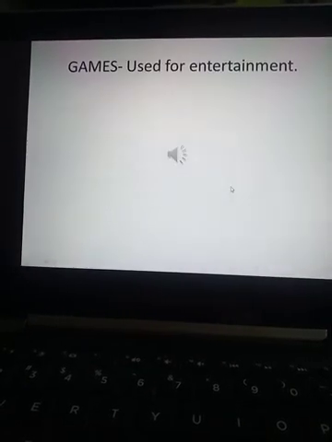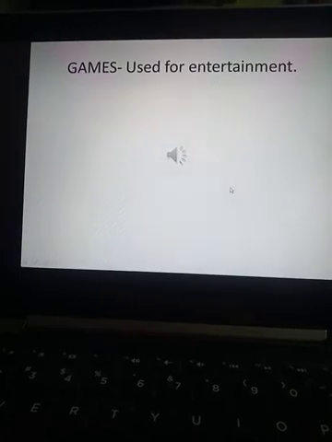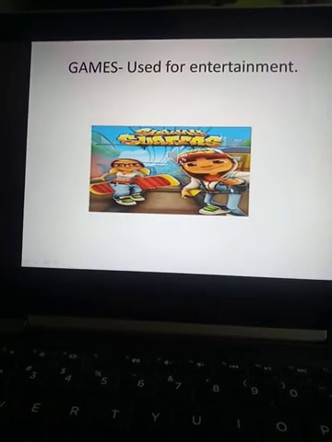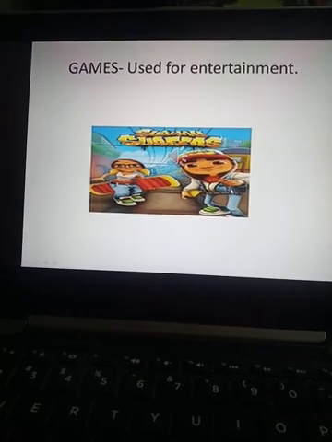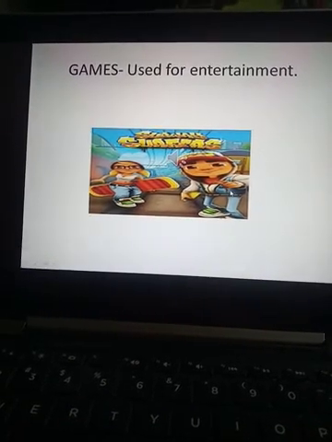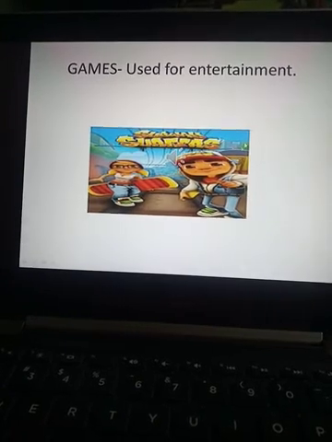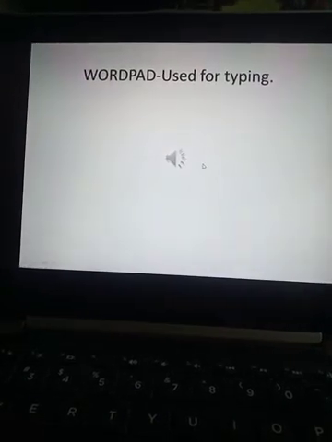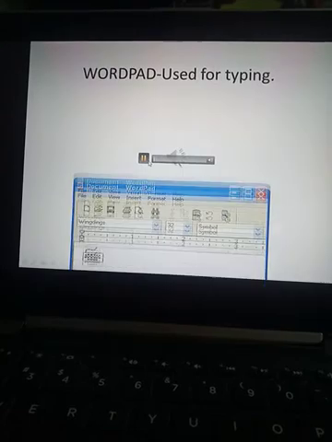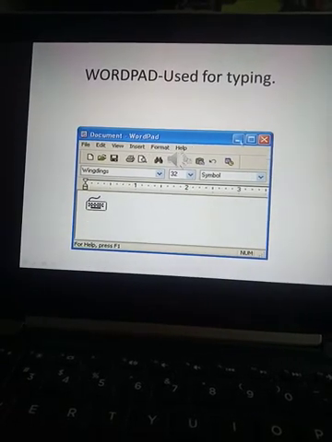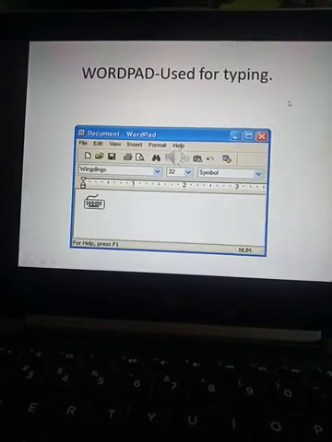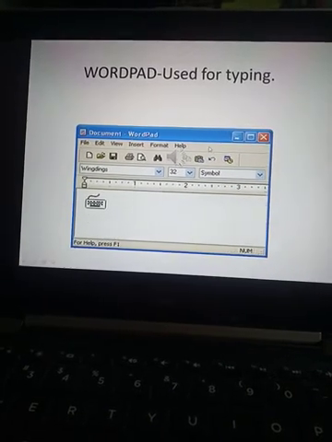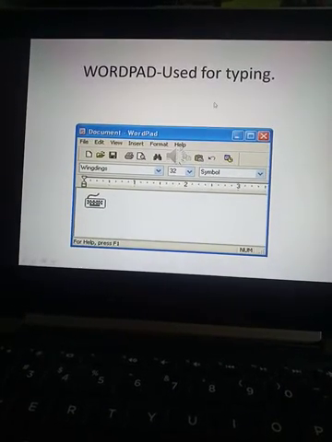Like the game application software Subway Surfers. You all know this game, no? We use this application software for entertainment, for playing games. Now, WordPad is another software which is used for typing. Whenever I want to type something, we use the WordPad software.